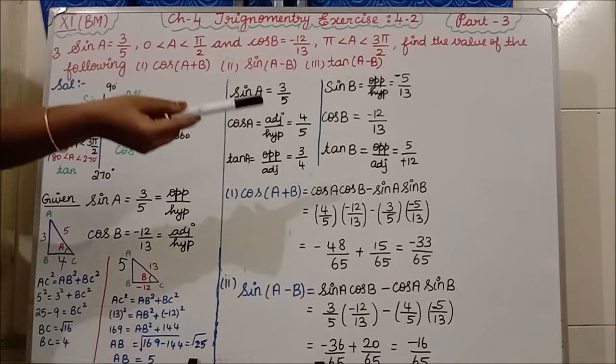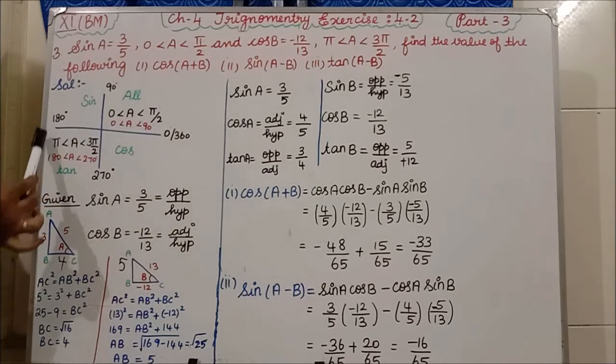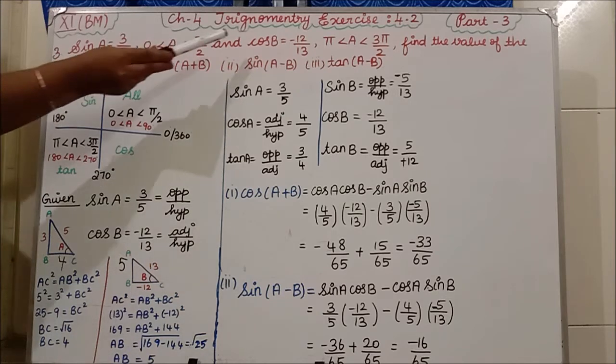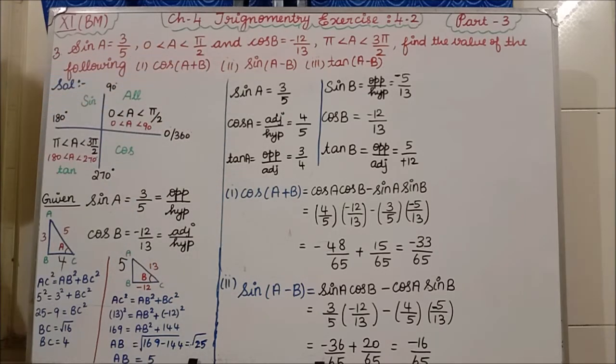Clear? Why their sign is changing? All of you are clear? Because it is lying in the third quadrant. In the third quadrant only tan is positive. Remaining sine, cos, secant everything is negative in the third quadrant. Clear? So sine B is equal to minus 5 by 13 we have got. Next, cos B value they have themselves given. Then tan B value only we need.